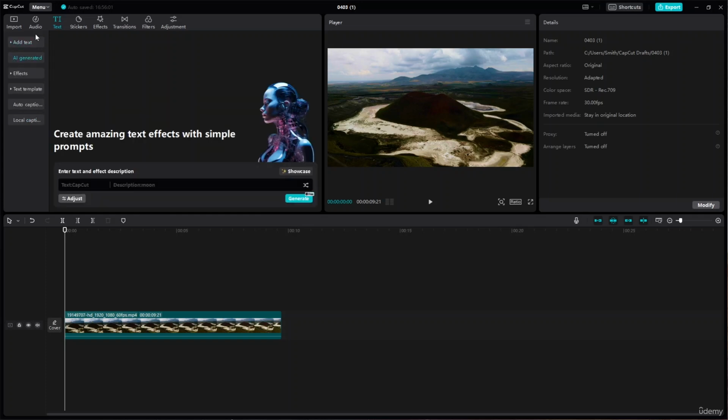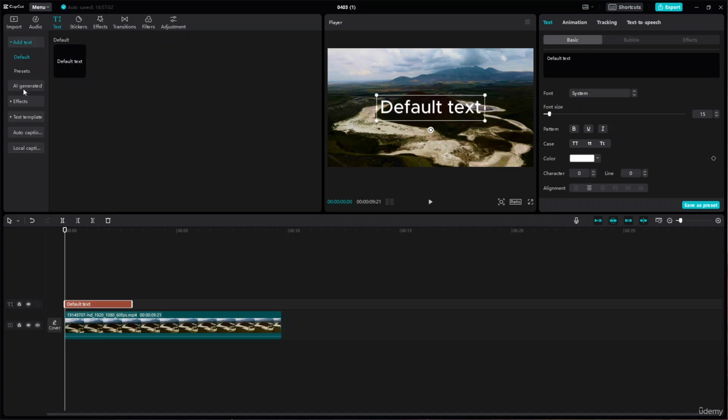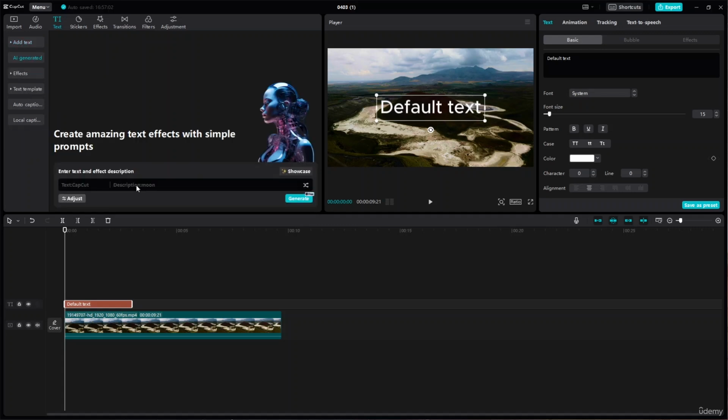Now the last thing which I have to show you, or what you need to know about, is the AI generated text. You can see: create amazing text effects with simple prompts. First thing you're going to do is click on add text, click on default text, and then go to the AI generated. Now from here, you're going to type in your description. Now the description is going to be, let's say,